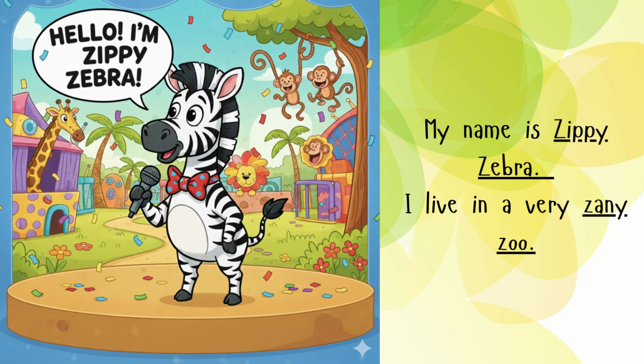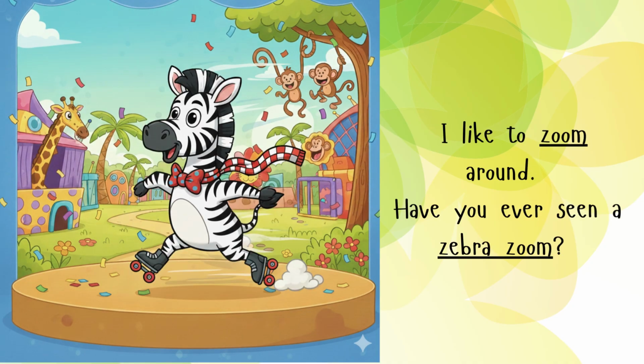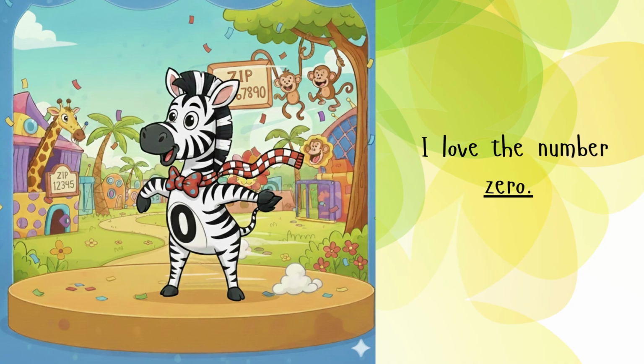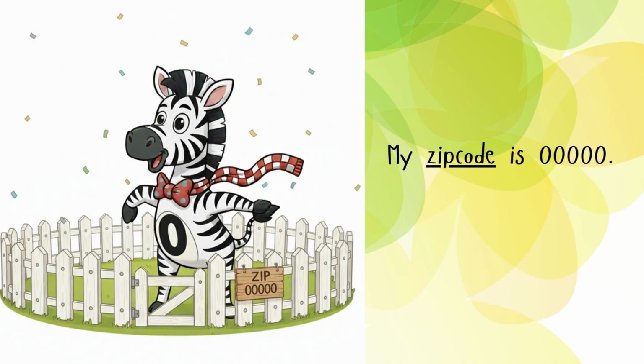My name is Zippy Zebra. I live in a very zany zoo. I like to zoom around. Have you ever seen a zebra zoom? All the animals in my zoo have zip codes on their cages. I love the number 0. My zip code is